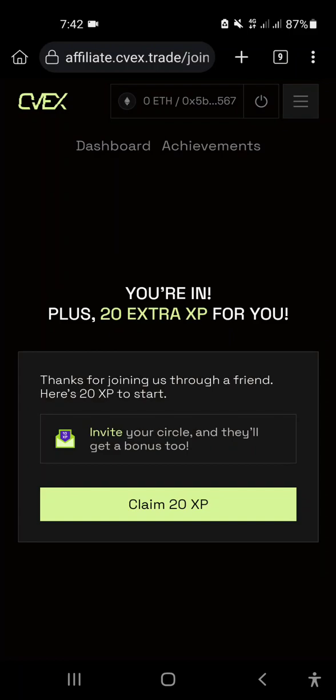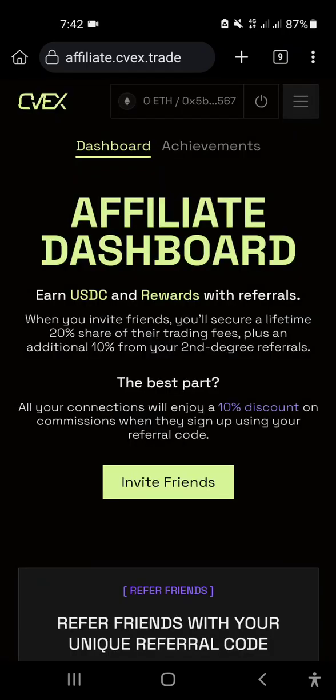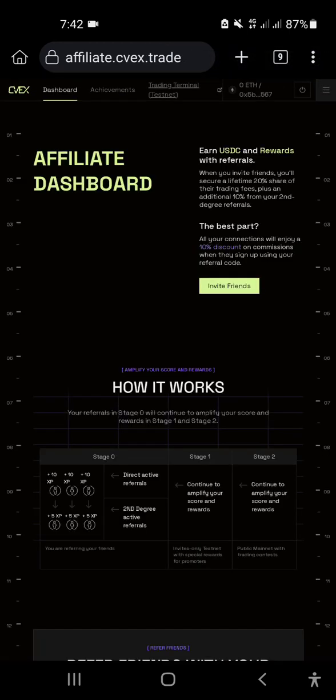You will get 20 XP if you go through the referral code. Claim 20 XP, continue, invite friend. It will be better on desktop, because it's for desktop.